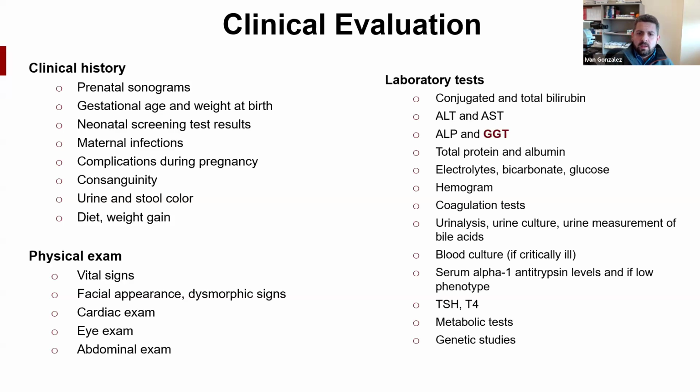And laboratory tests, there's a lot of tests that we do in these patients, including your liver function tests. And of the liver function tests, the most important value, in my opinion, will be the GGT, because based on the GGT, we can divide the differential diagnosis into two big groups. Also remember that at the same time, you're doing neonatal screening tests. As soon as the baby is born, you get the neonatal screening test. So by the time you're working up this patient, most of those tests will already be resulted. That will help you a lot in working up these patients.